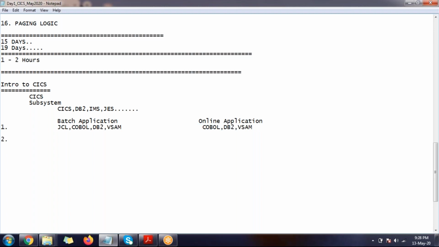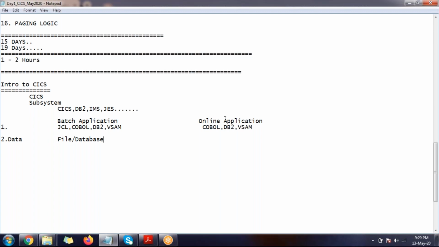The next one. For a batch application, who will be giving the data to your batch application? Not users. You will get it in the form of a file, or you will get the data from a database. Batch applications generate reports, process data, and update data as well, such as daily transaction data updating in the master files.